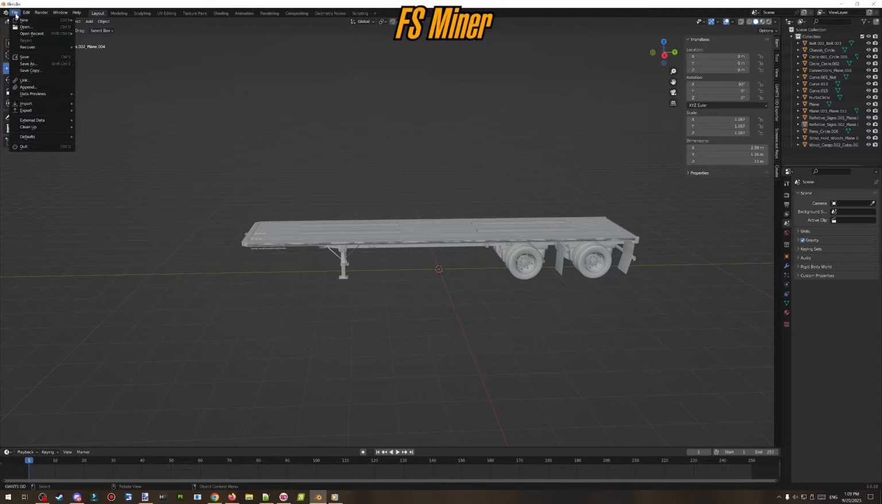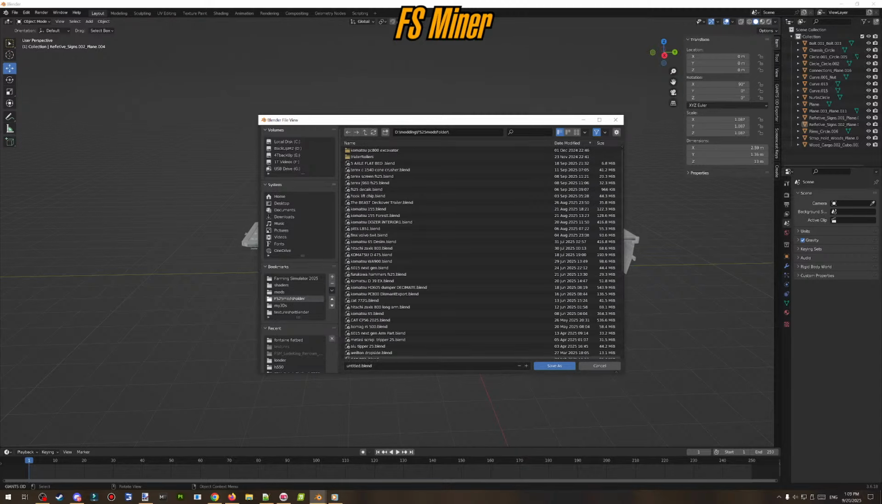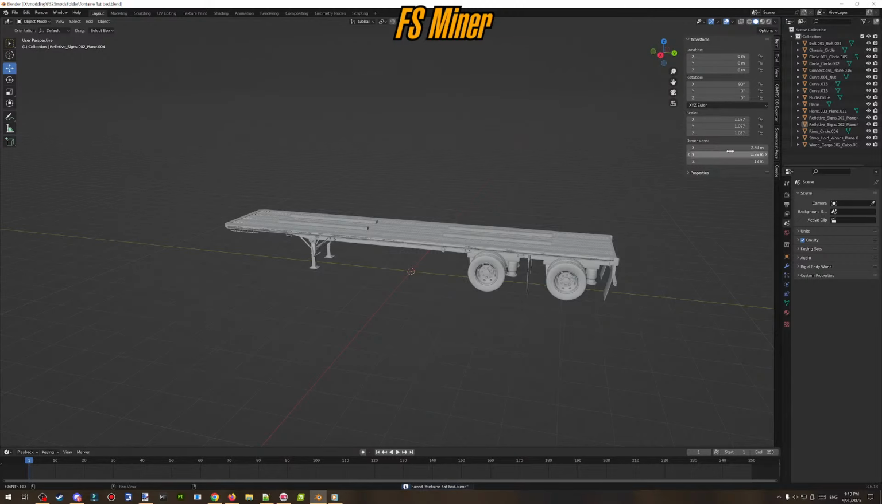First, we create a file. We save our file. Don't make it one word, you will have a problem with search if you want to search. Flatbed. Next, our dimensions are okay,